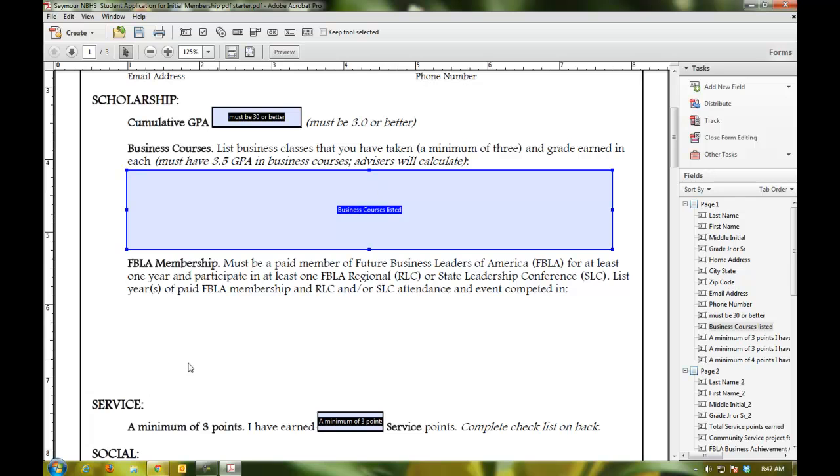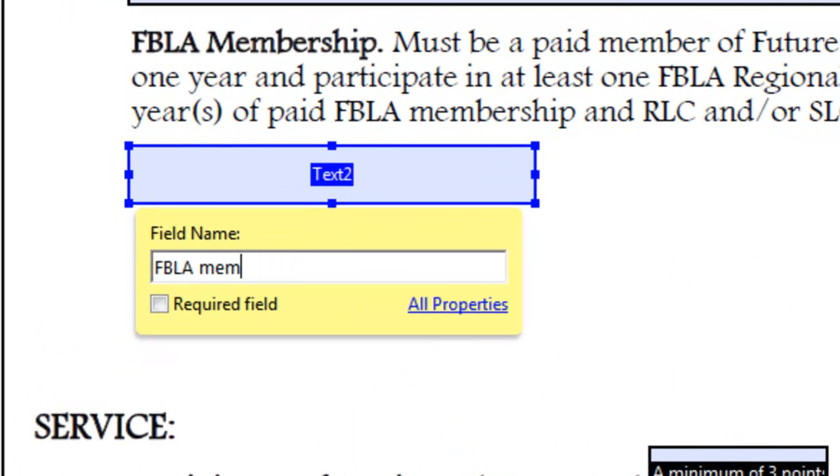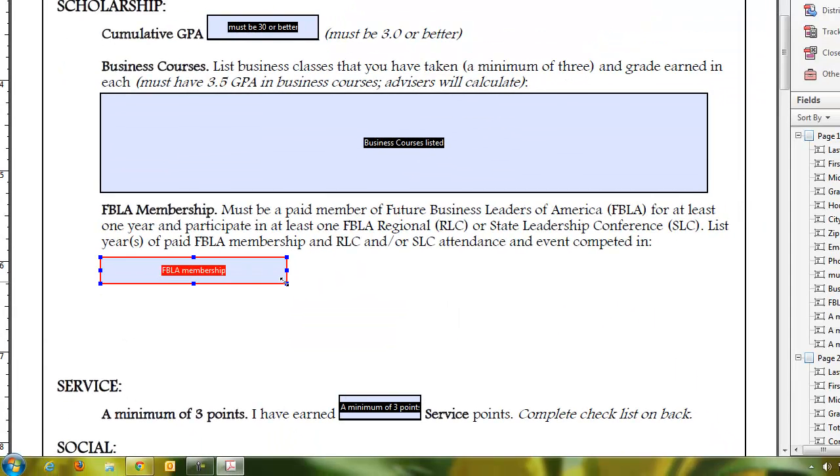So I put a text box in there for business courses. I'm going to do the same thing here for FBLA membership. They need to tell me about their membership to apply for the National Business Honor Society. So I'm going to put FBLA membership. I can click right here and make this a required field, meaning they can't submit this form to me until it's filled in. I'm going to check that so you can see what it looks like, and then I can again drag this over,